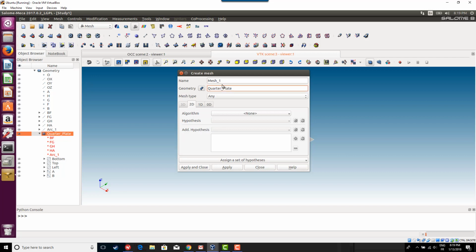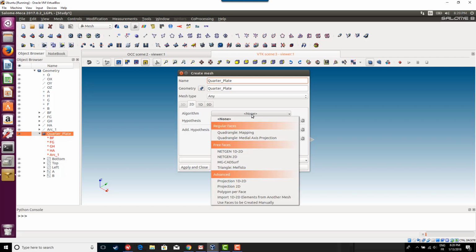Well, I can give it a name, so let's call it also quarter plate. Okay, and this is a 2D type of model, so select mesh type 2D,